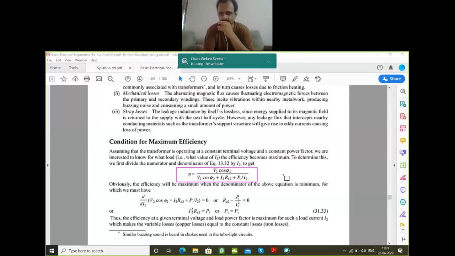Phi 2 is constant because it is a power factor. Re2 is the resistance of the primary plus secondary, which is also constant. So what is varying is the current I2 in the secondary. So if I differentiate efficiency with respect to I2,